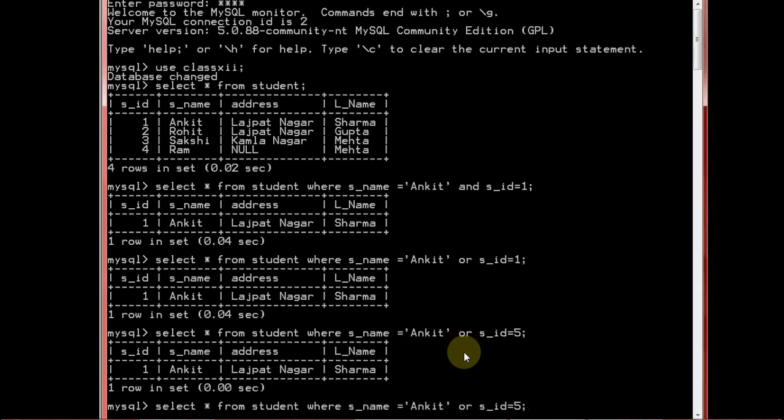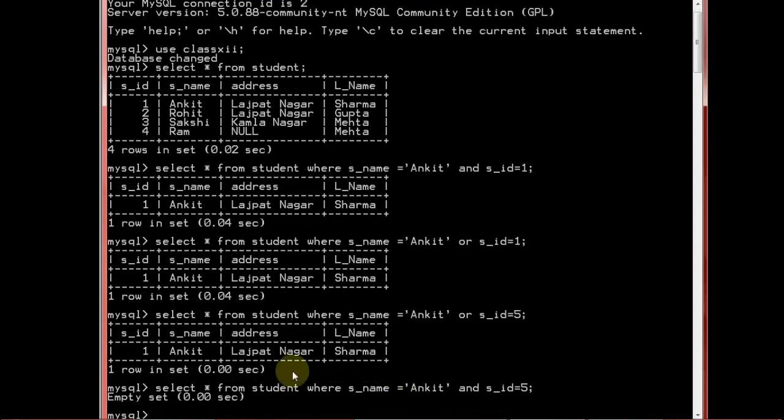Now if you compile the same query with the AND condition, see what the output will be. It will be the empty set. Why the empty set? There is no error because you have written the correct syntax. An error comes when you write the wrong syntax.